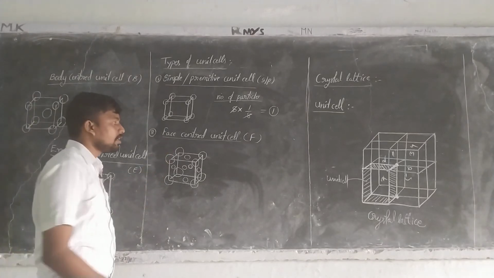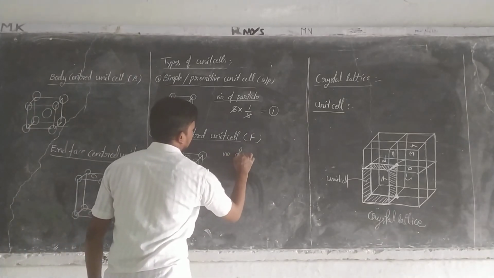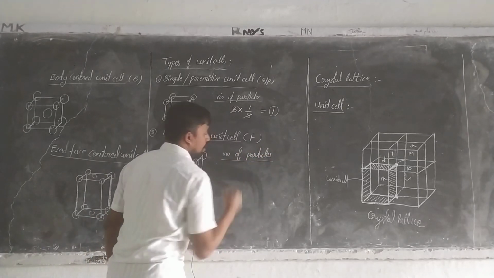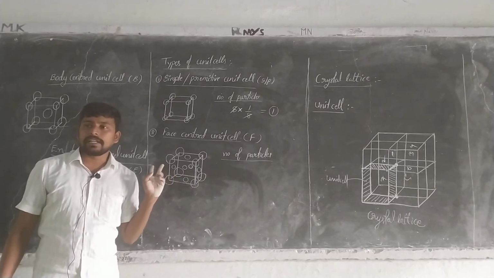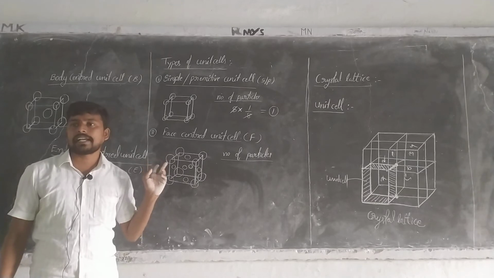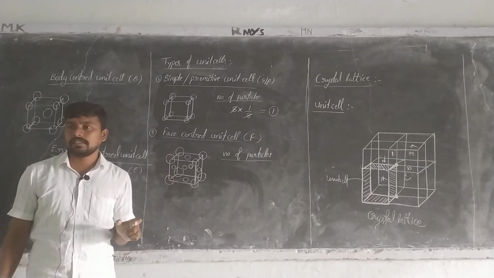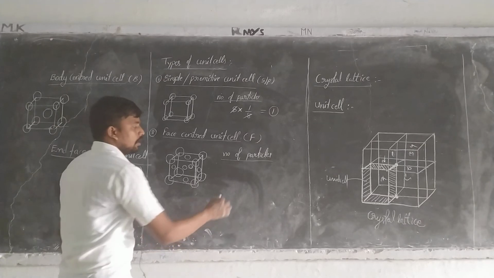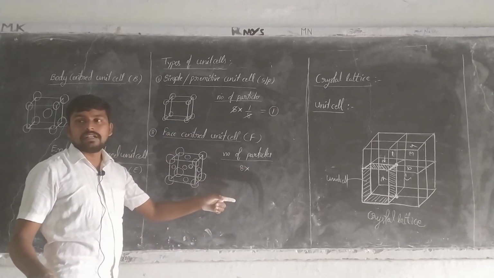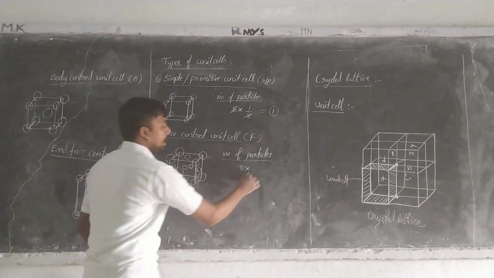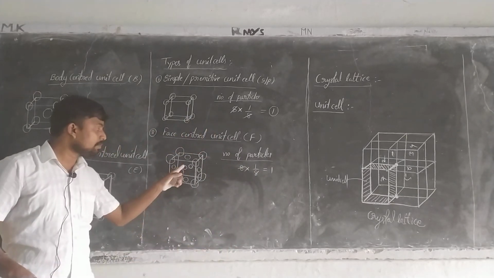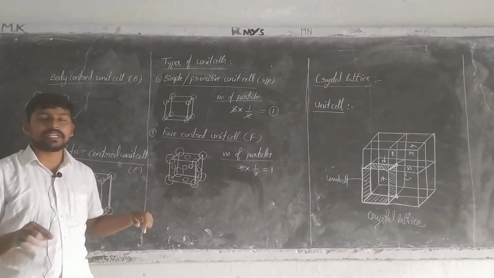Coming to face centered unit cell, number of particles. Again here two types of particles are there. One are those present at the corners, the second are those present at the faces, that means the center of the faces. So first at corners 8, these 8 particles again are shared by 8 cubes. So 8 into 1 by 8, 1, and 6 particles present at the center of the 6 faces. So 6 into